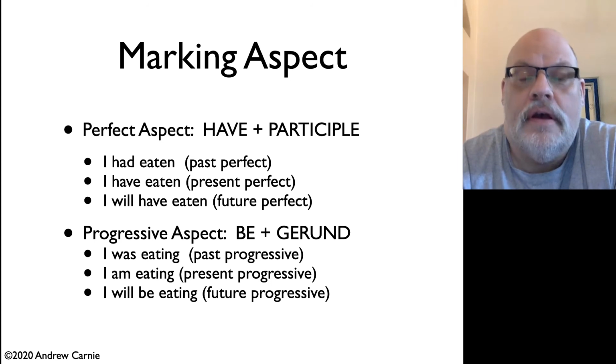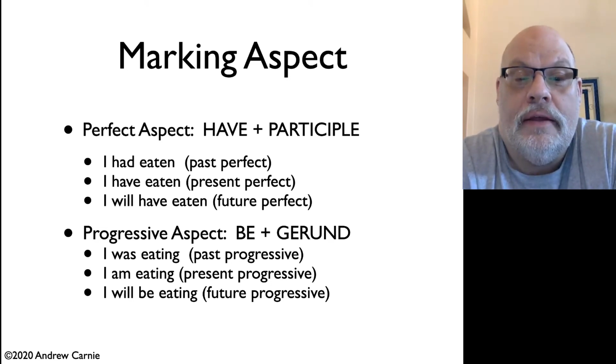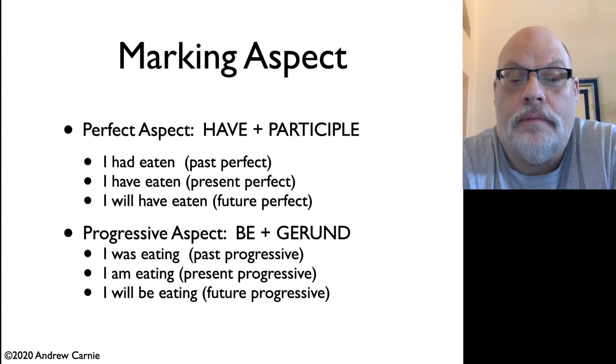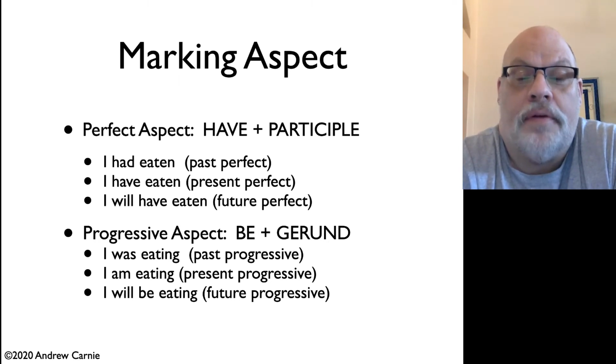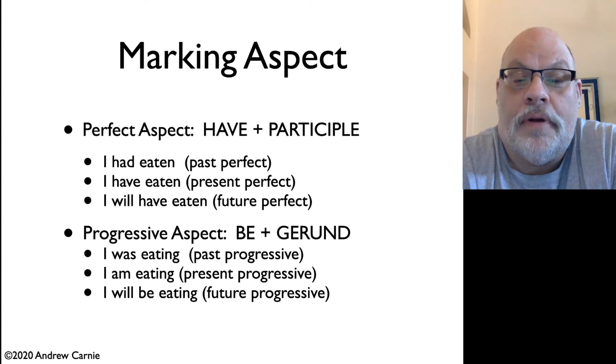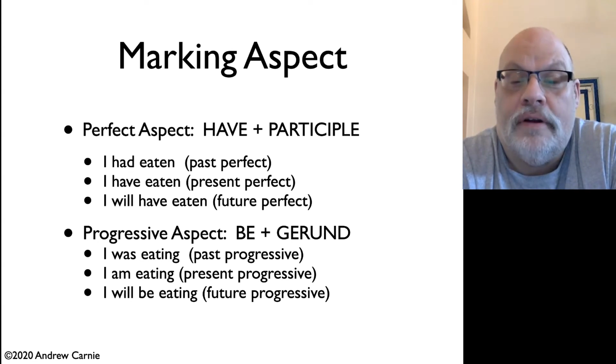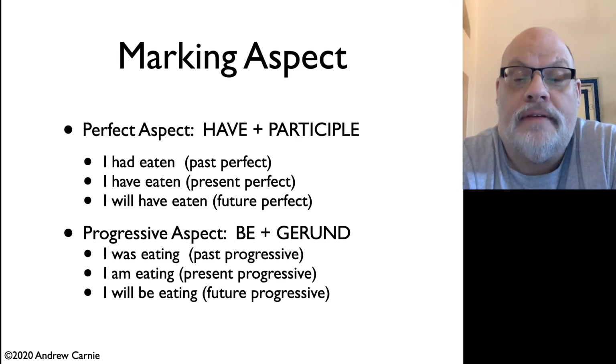We have the progressive aspect, which is always marked with the verb to be and a gerund. So we have I was eating, that's a past progressive. So the auxiliary is in the past form, and the verb is in the gerund form, giving us the past progressive. I am eating, that's the present progressive. Am is present tense. Eating is a gerund. That gives us the present progressive. I will be eating. That's the future progressive, because I've got the will marker, and then I have the auxiliary